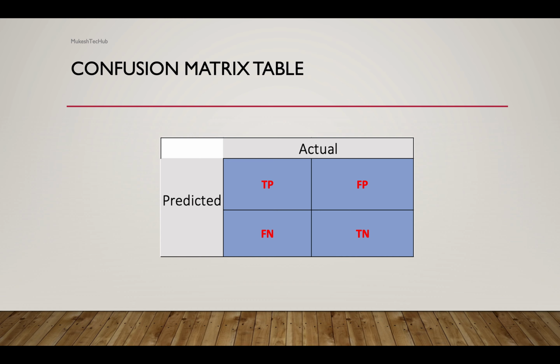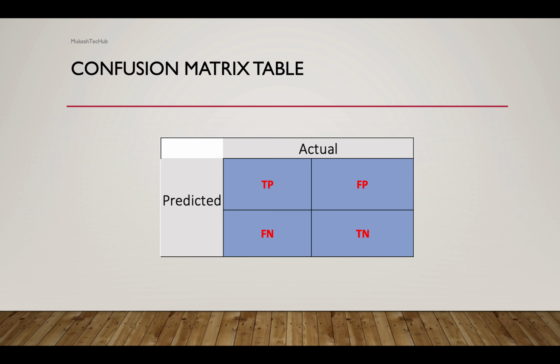Now, what is a false positive? False positive is also known as a type 1 error. Here the actual value was negative but the model predicted positive. What does that mean? If I'm going to check the health status of some candidate like Raja, he was not having any disease, but after going for the medical health checkup, the system predicted that he has some health disease, right? So this is a type 1 error.